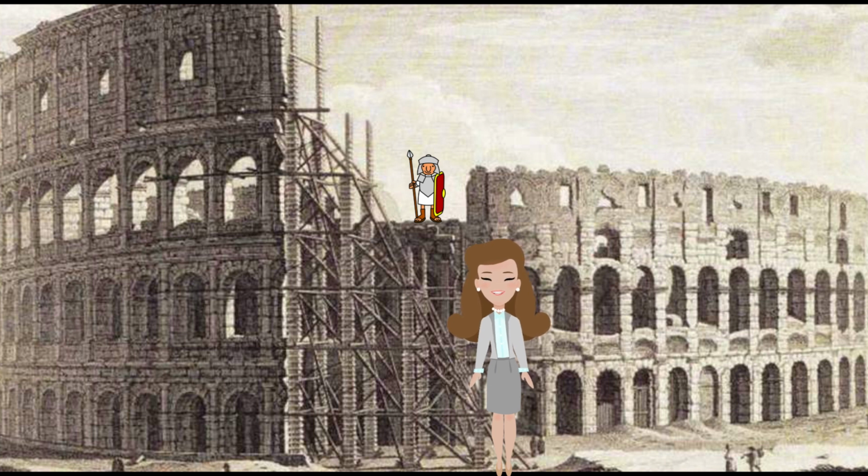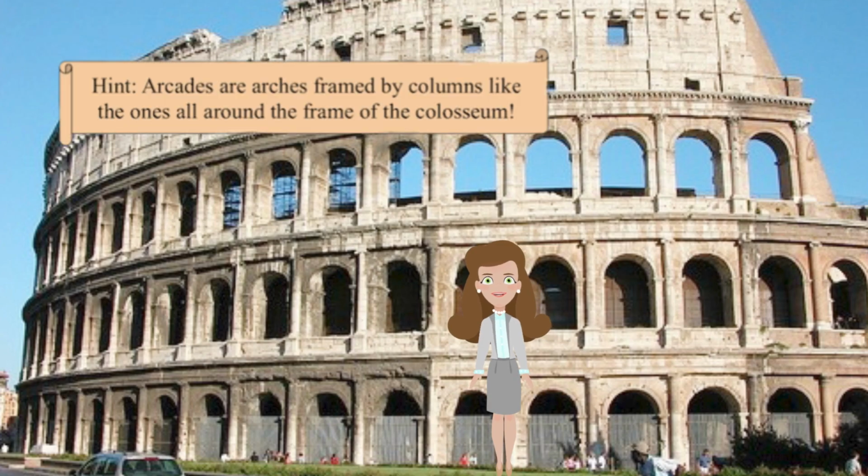Now, it didn't always look this broken down. Over the years, Roman citizens used the hundreds of thousands of travertine and concrete bricks as materials to build in later years, which slowly tore down the structure. There are 3 stories of arcades, with each arch previously filled with hundreds of statues of Roman heroes and gods